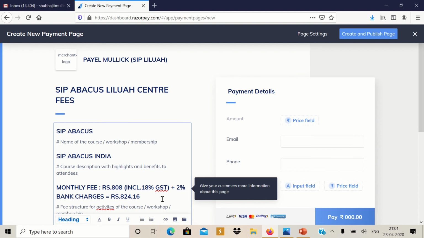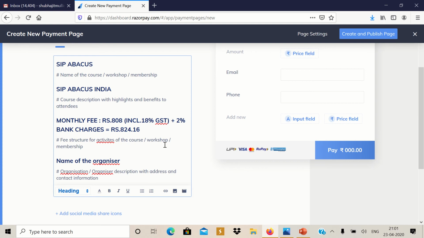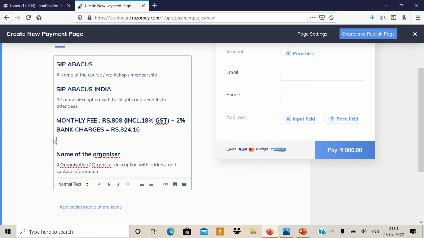Because at the end of the day, if the parent is not ready to go to the bank, or not ready to download PhonePe or Paytm or Google Pay, whatever, we are giving them this simple link where the parent doesn't even have to download any app. No headache. Just click debit card, credit card, and you will see so many options coming. The best part is the parent does not have to download any app. So here the fees breakup we have given, everything has been given.